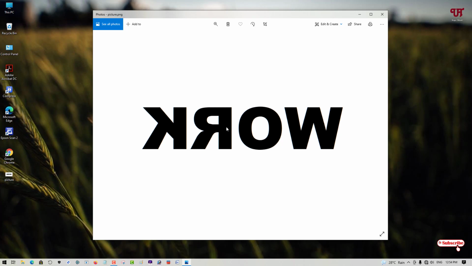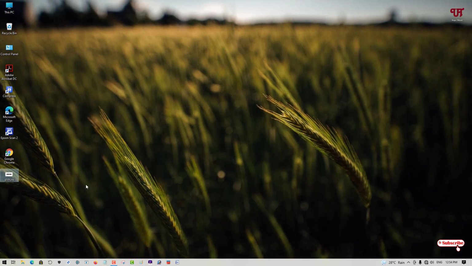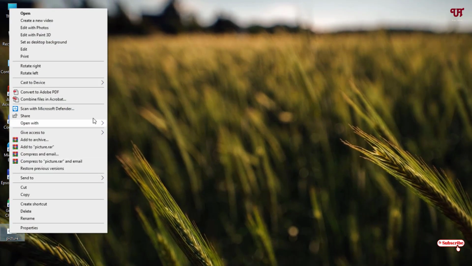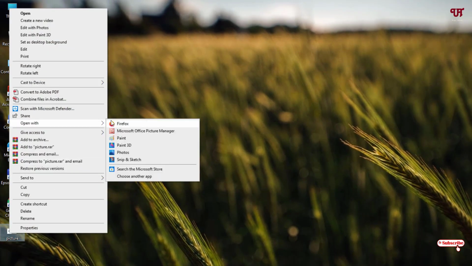So to fix such kind of issues in your respective Windows computer, what you need to do is, say if you're using a Windows 7 or older Windows operating system, then the first method is that just right click on the picture and select the open with. Right now I'm using a Windows 10, so I'll be getting